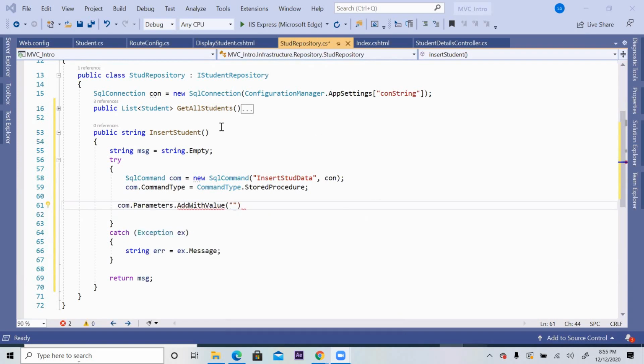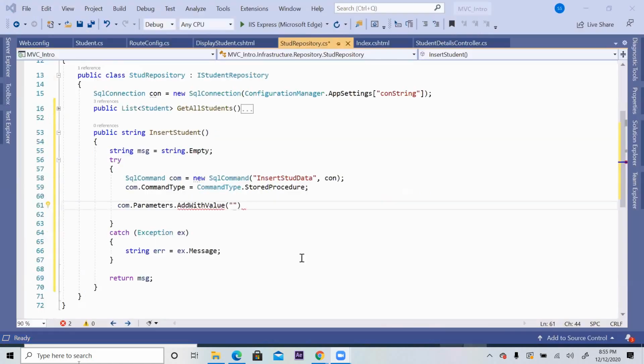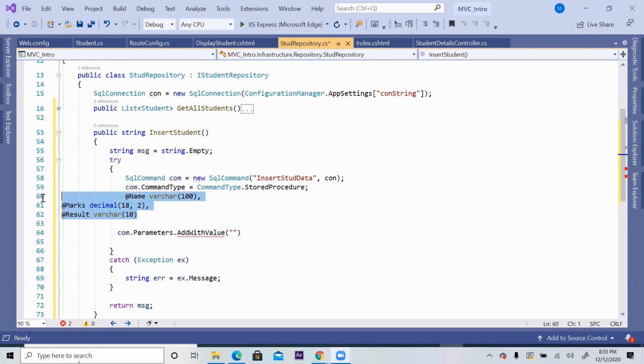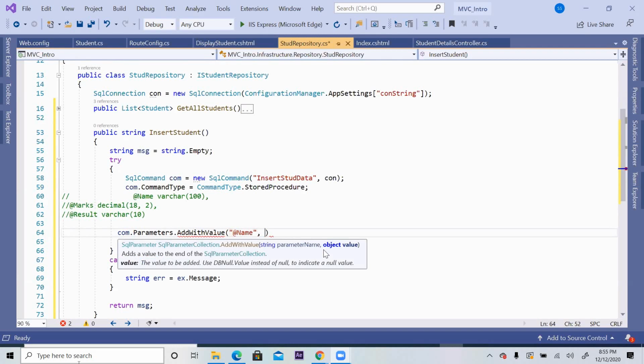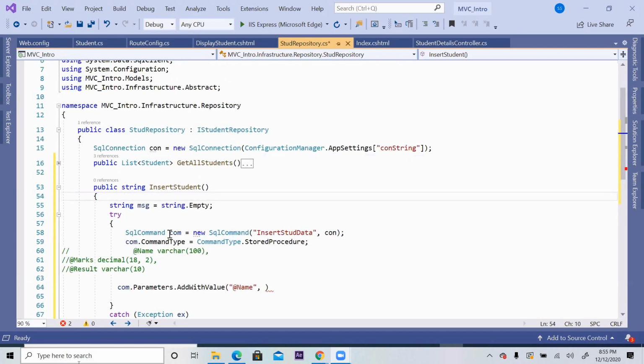If you have a lot of parameters, why not copy paste it there, and later on you delete it, instead of going again and again to the stored procedure. So @name is my parameter name, and data is coming from here. In this function, curly open bracket, close bracket, you take one object of student.